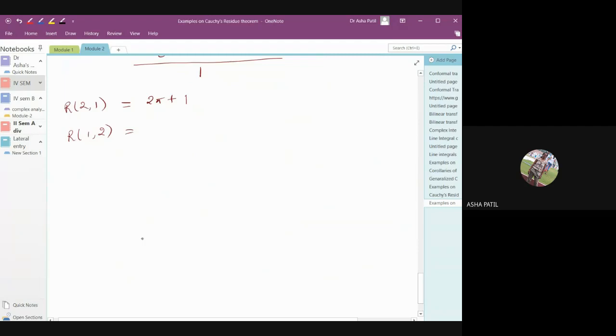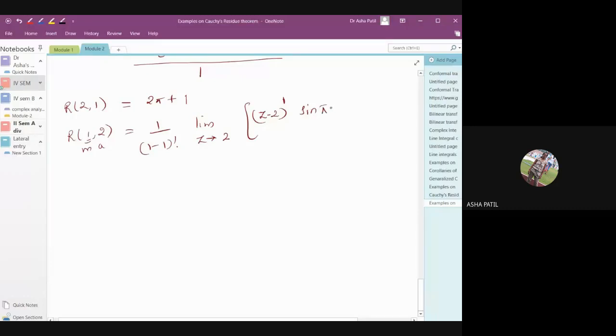Now go for the other pole. The formula is 1 upon m minus 1 factorial, limit as z tends to a. Which order derivative now? M minus 1 means it is 0. So the 0th order derivative, we did not write it. F of z minus a whole raised to m will be there. Z minus 2 raised to 1 into the function f of z. Compare it with the formula. Better it is if you write the formula every time.